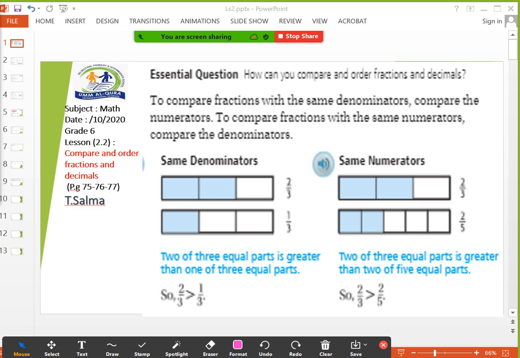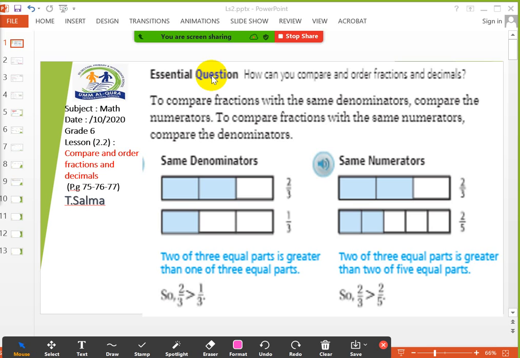Today we will talk about comparing fractions and decimals. Okay, how will I compare between a fraction number and a decimal number? So let's start now. Bring your books and open it on page 75. If I want to compare between two fractions, you remember, first